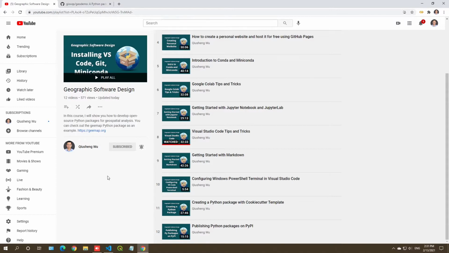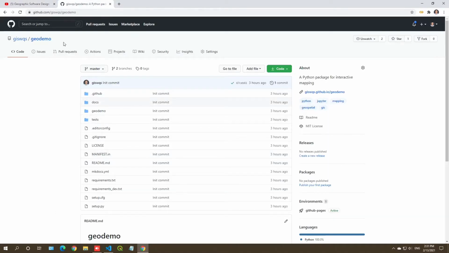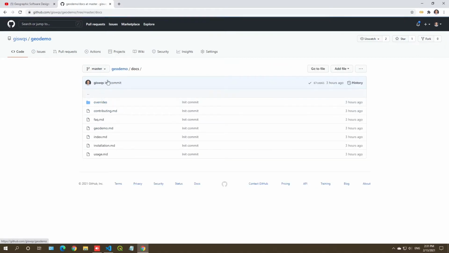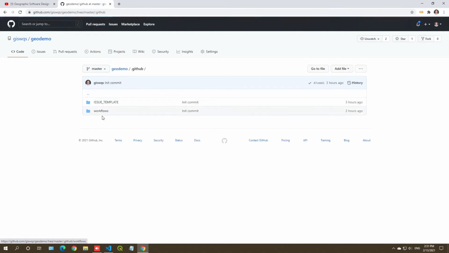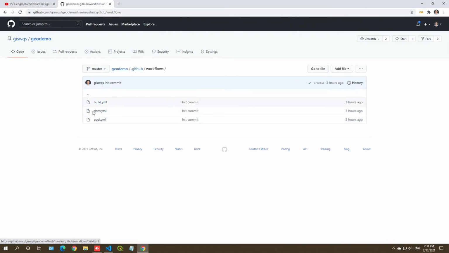First, let me open the package. We developed this demo package. Right now it doesn't have any real functionality, but I'm going to show you later how you can add more functions. In this video, we're just going to show you how to deploy the package. If you go to the repo, the link is in the description, then go to .github and then workflows, here you will see these three workflows that are preloaded